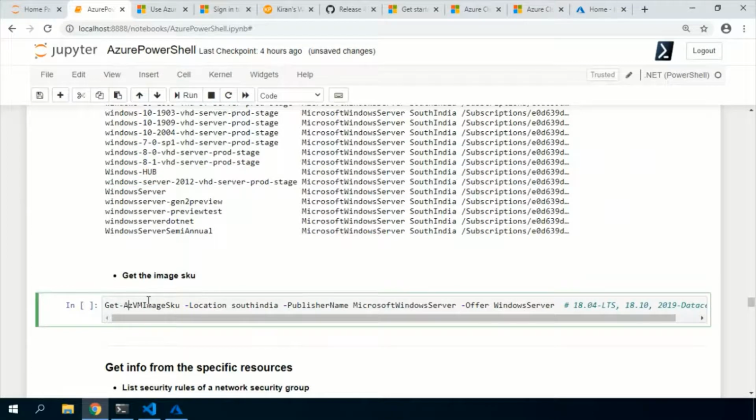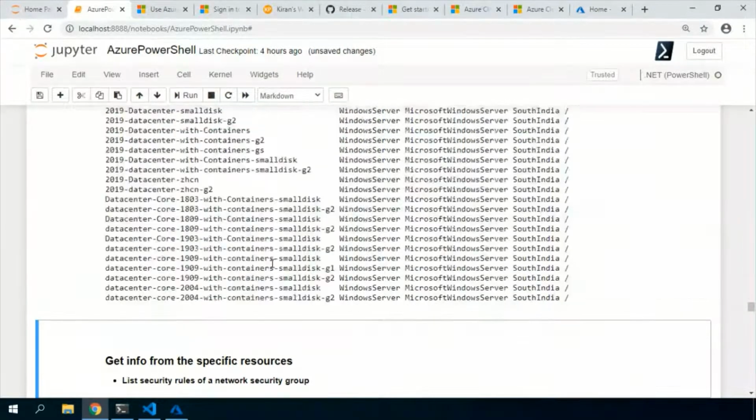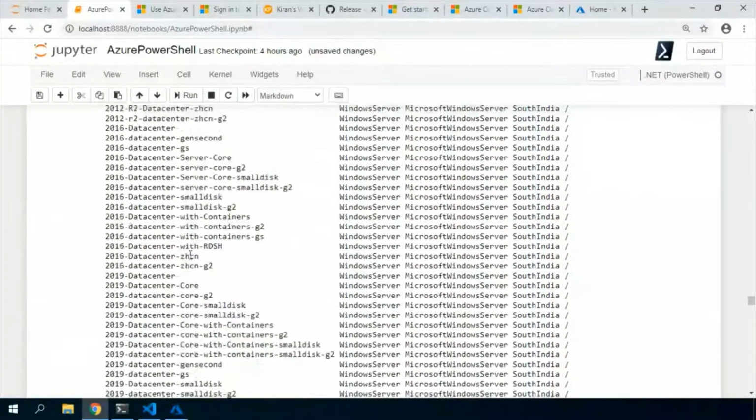All right, so I've identified the publisher, and I've identified the offer. And now if I want to see the image SKU, I run Get-AzVMImageSku with the publisher and that offer in South India. All right, so there are a couple of SKUs.